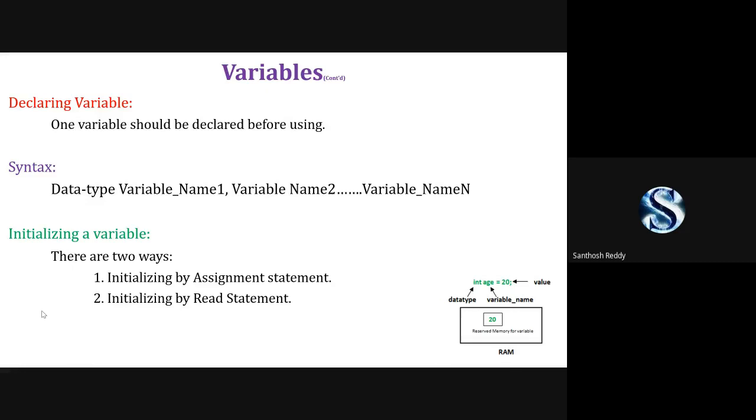Here I am showing the syntax: data type, then variable names 1, 2 and 3. Like here, I'll show float. Float, variable name f, and I'll store some value 2.3f and give a semicolon. If you want to store the values later, what you can do is write float a, b, c, d, for example.